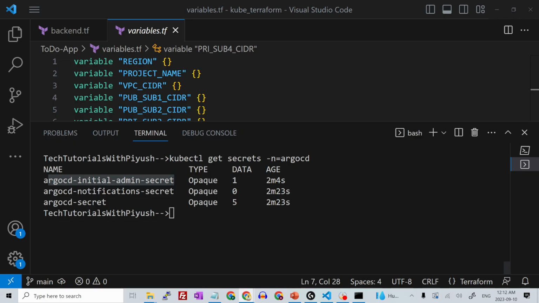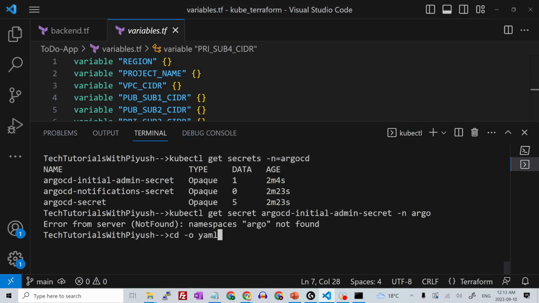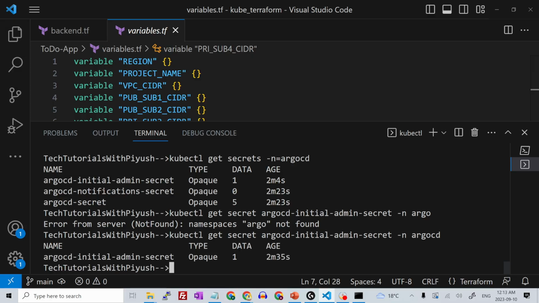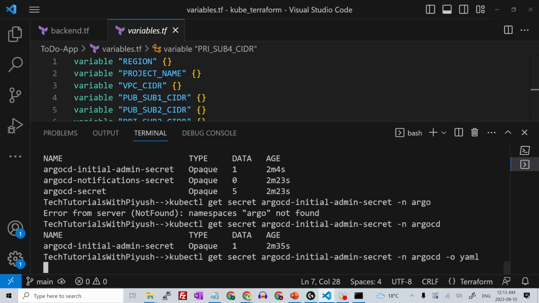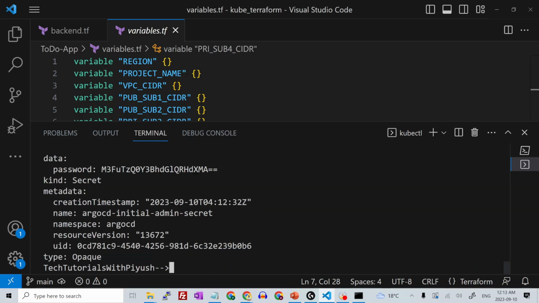This is just encoded, which is base64 encoded, and you can easily decode it using this command: kubectl get secret and then the name equal to this. So this is the secret name, and this is the secret it is showing. And if you do -o yaml, it will show you the content of it,